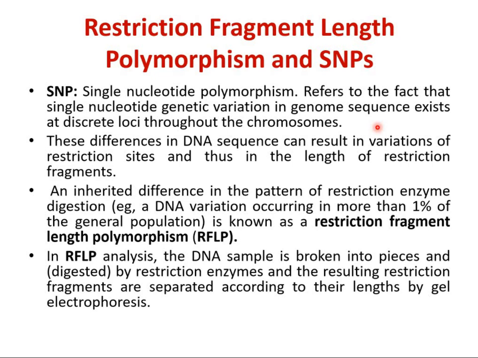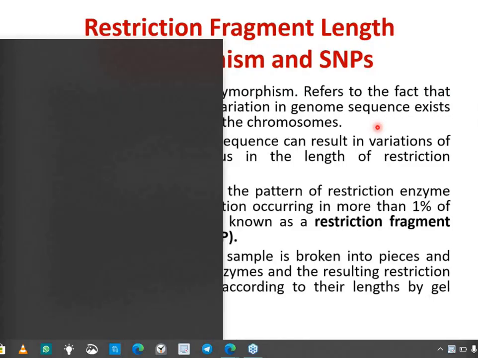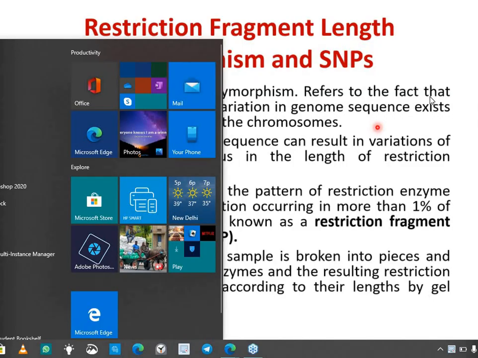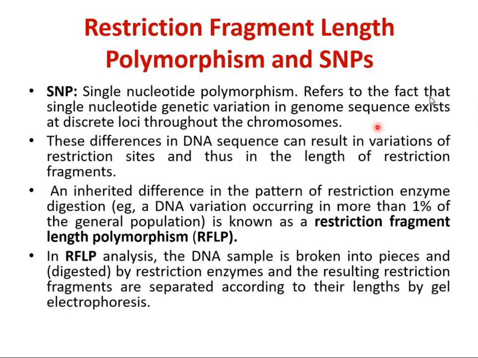So there is a normal variation. All the DNA sequences, in all of us, all the individuals, vary at certain places. The DNA sequence for a particular gene, say A, is not the same in all individuals. There are certain variations in the sequence of that particular gene. If the frequency of that variation is more than 1%, that particular region is known as a SNP. If that frequency is less than 1%, that is known as a mutation.